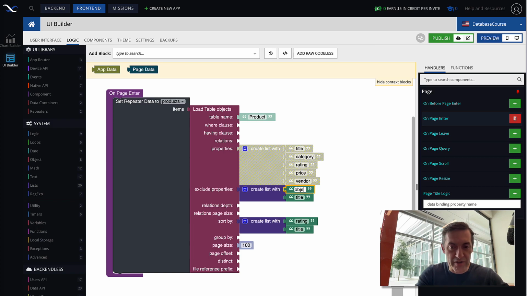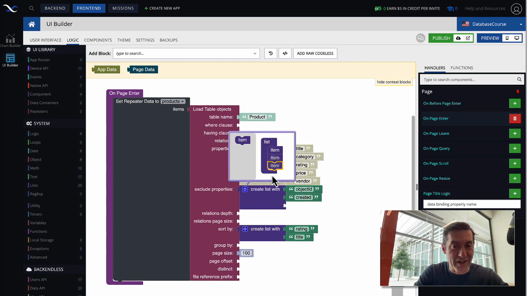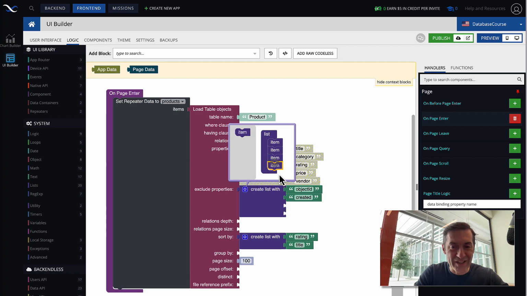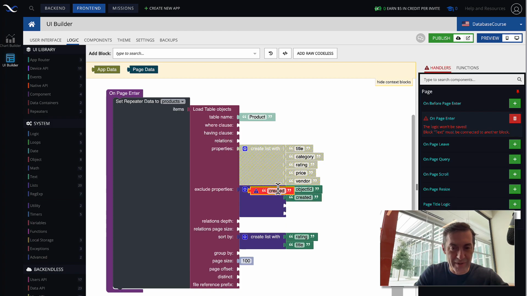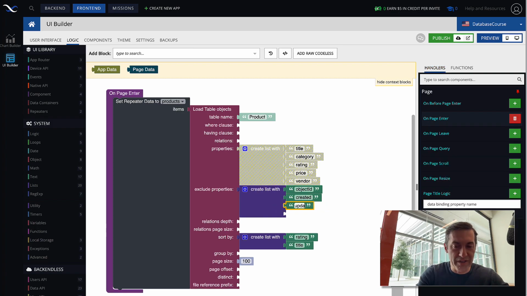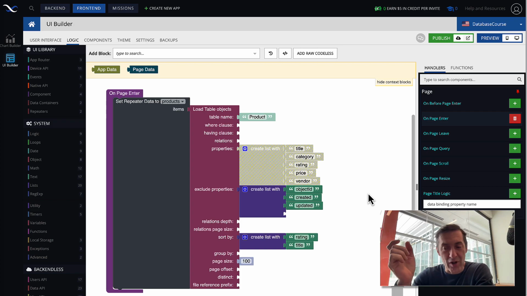So first of all, let's say that object ID is not needed. Created field is not needed. And I will discuss what created and object ID are in just a second. Additionally, there is another one that is updated. All these three columns are system level columns that are going to be there in every single table. They are created by BackEndless. Object ID uniquely identifies a record. Created is a datetime column that has a timestamp when that record was created. And updated is another datetime column that identifies when that record is updated.